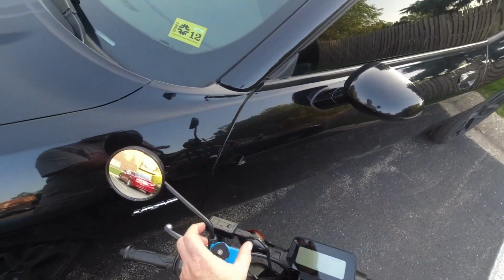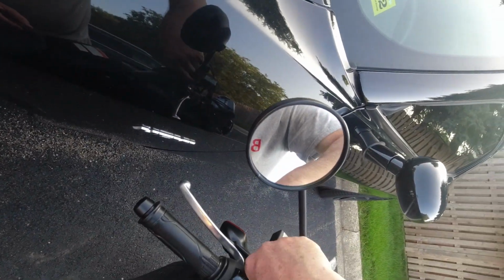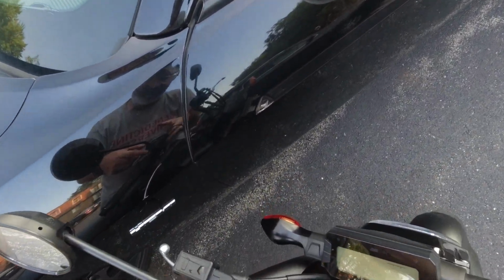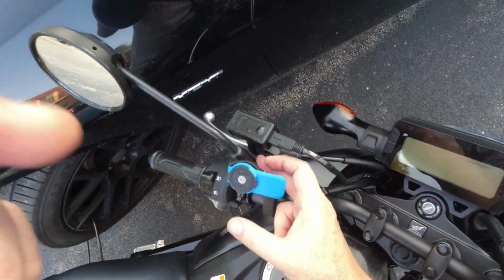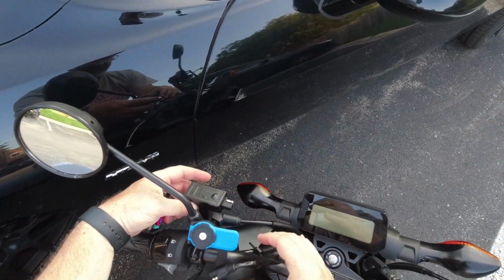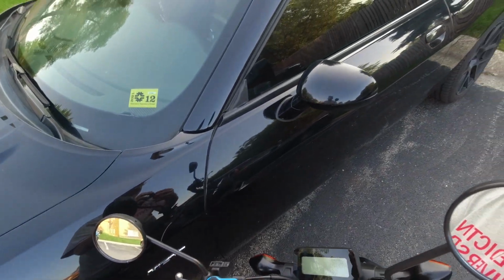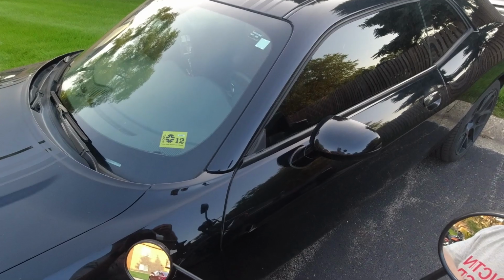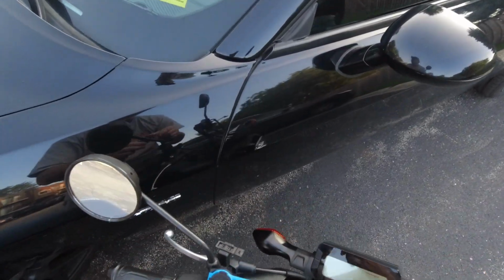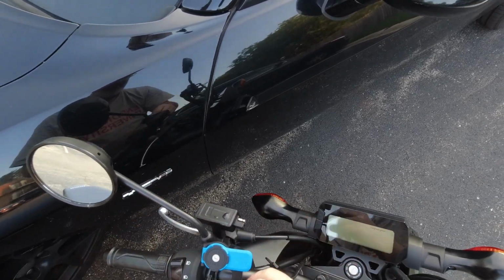So I got my Quad Lock, and what's cool is it comes with this bracket. It goes underneath the mirror here. I'm gonna be switching the mirrors at some point, but it's got this bracket you can see down there, right? And what's cool is that you got this thing here, but it also slides off of there. So you can see it says charger. So it's got a little waterproof dealie there. So this just slides on there,